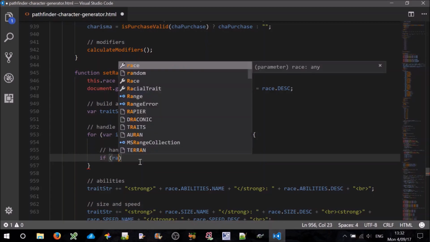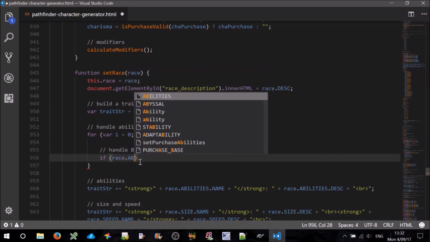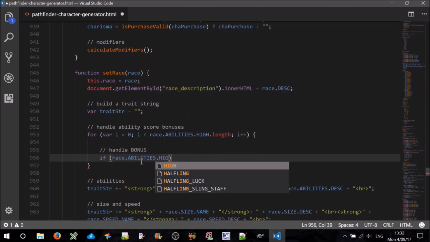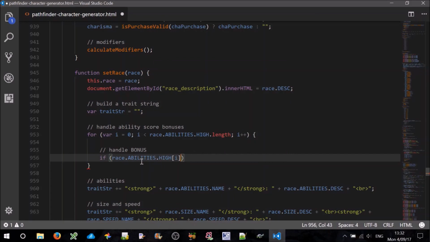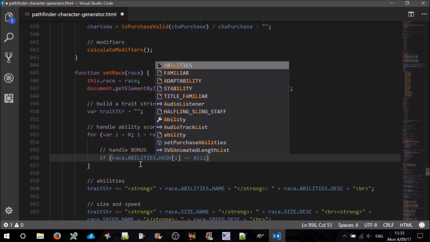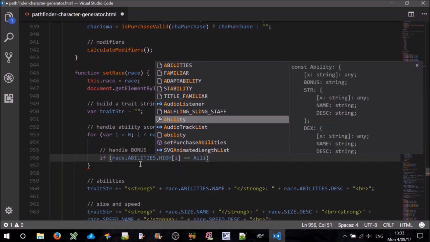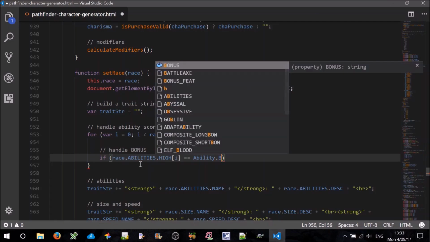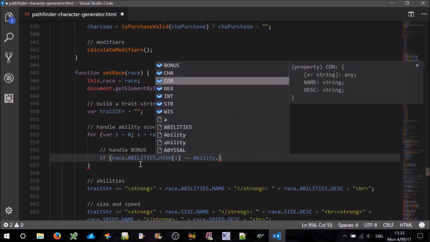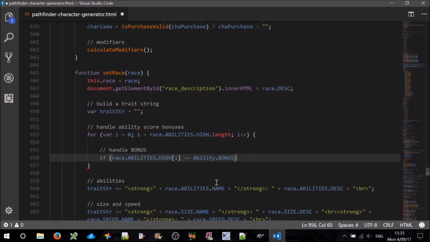If race dot abilities high, and the ith number, so that's where we currently are, if that equals ability bonus, remembering there's bonus in each of them, so if it equals the bonus one, then